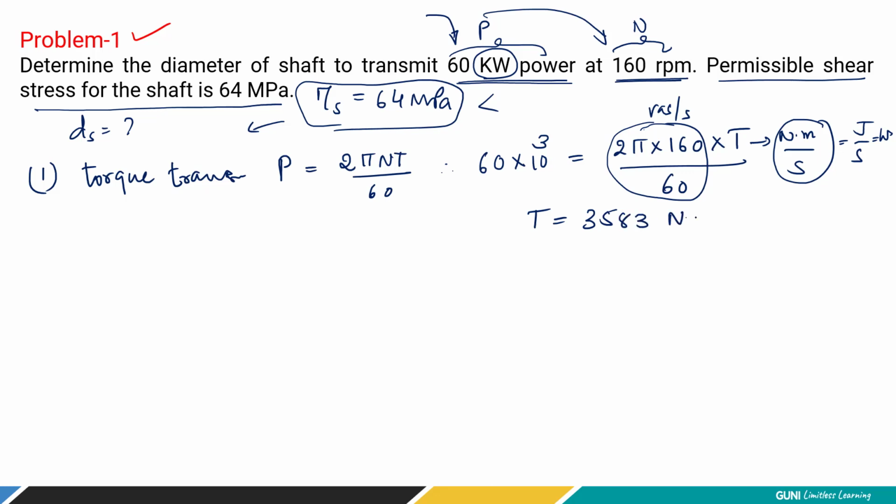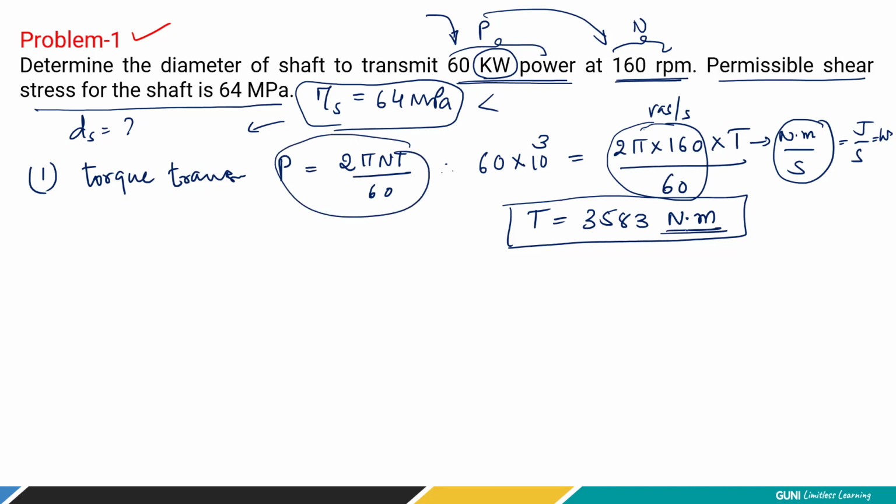3583 न्यूटन इंटू मीटर. रिमेंबर मैंने क्या कहा था, यहाँ जो टॉर्क आएगा उसका यूनिट कौन सा रहेगा? As per the theory it is going to be Newton meter. इट कैन नॉट बी Newton millimeter. प्लीज रिमेंबर स्टूडेंट्स, many students fail over here. They simply forget it and put in Newton millimeter, right? So torque coming from this equation is always in the unit of Newton meter.